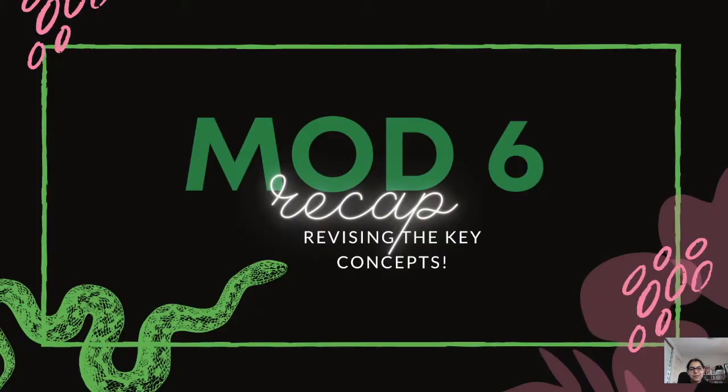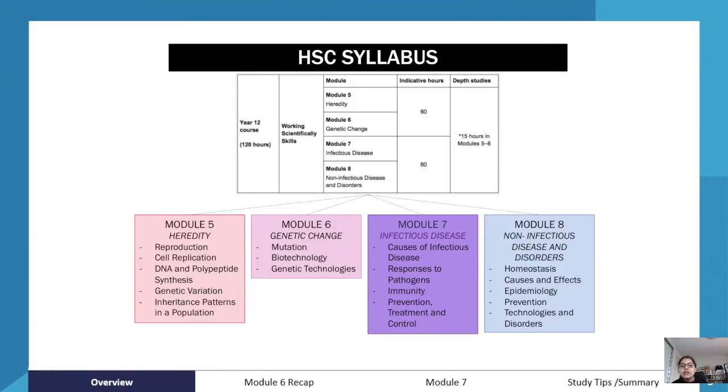Get started today by firstly revising our big ideas from Module 6. We won't go through the whole of Module 6, but we will be revising the big ideas and the key concepts so that we can then go on and spend a lot more time going through Module 7. As you would hopefully by now be familiar, this is what the HSC syllabus for biology looks